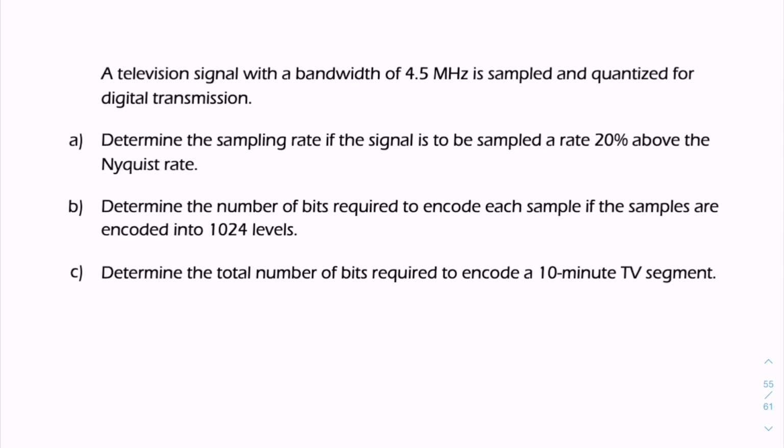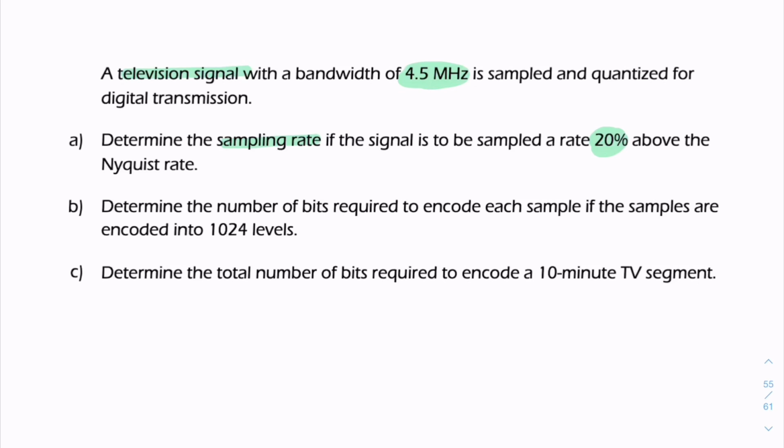This question involves the sampling of a television signal. So it's a high-frequency signal, 4.5 megahertz, and we're digitizing that. So we're sampling, then quantizing. So the first question asks for the sampling rate, and it's only slightly oversampled, so it's 20% above the Nyquist